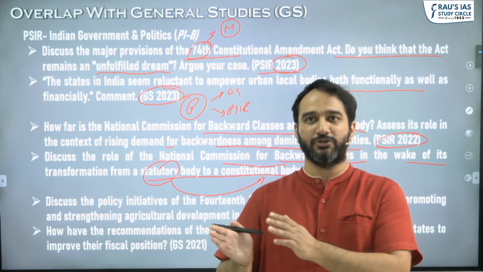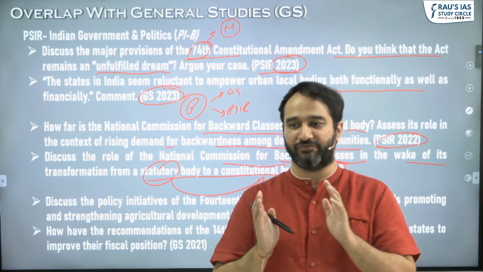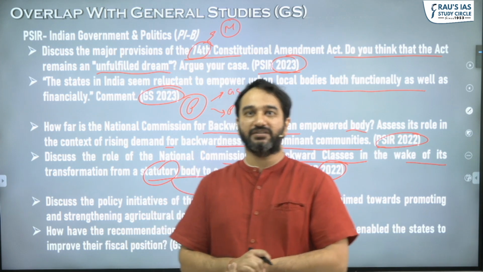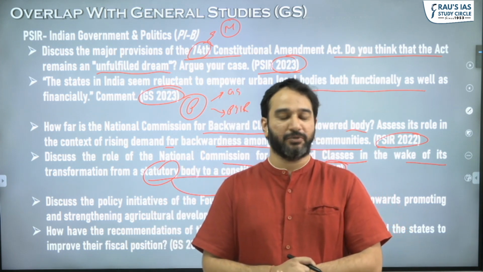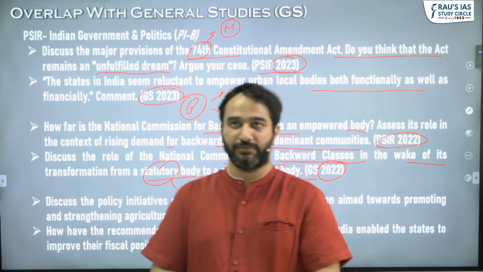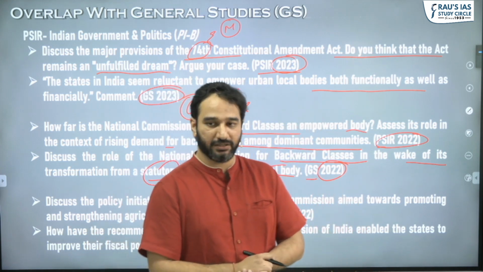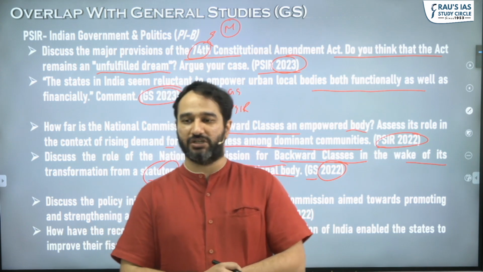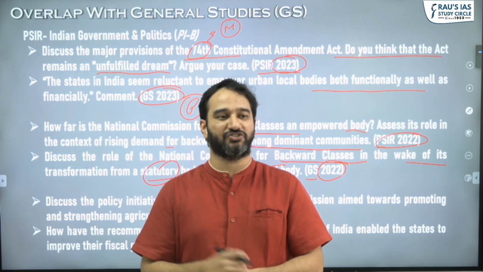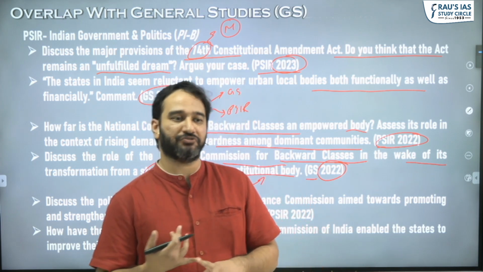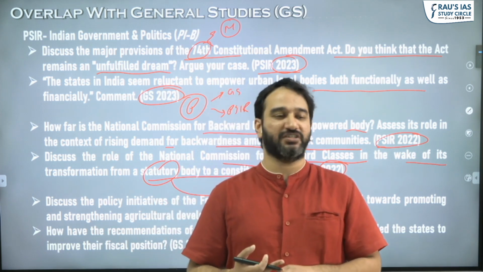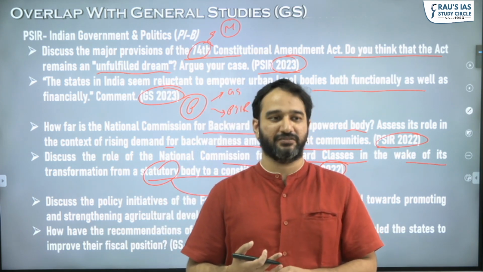Yes, the way that you answer, because the question's perspective is different, but the preparation would be the same. Why did they ask this question both the years? Because it was related to current affairs. So during this particular period of time, Haryana had given reservation to the Jat community. And the Supreme Court overturned it. They said that the Jats are not backward classes. They do not fulfill the criteria. Because it was current affairs, both in GS and political science, they ended up asking this question.